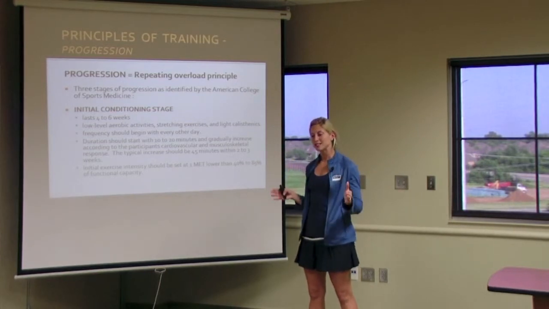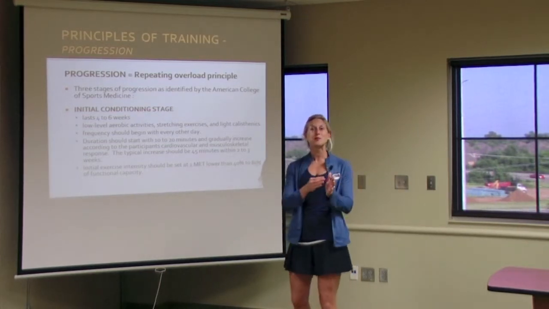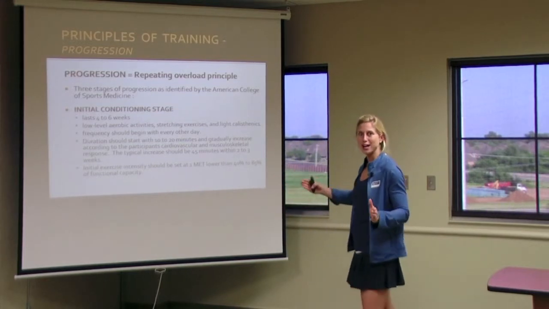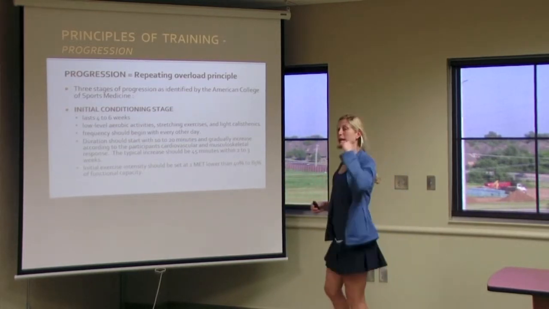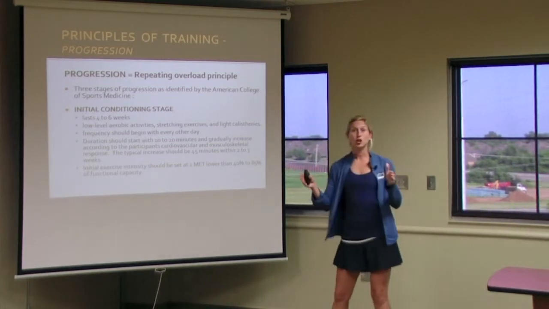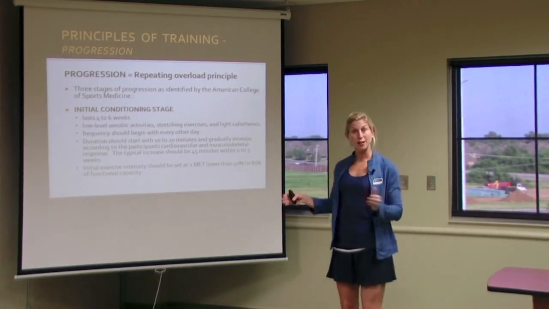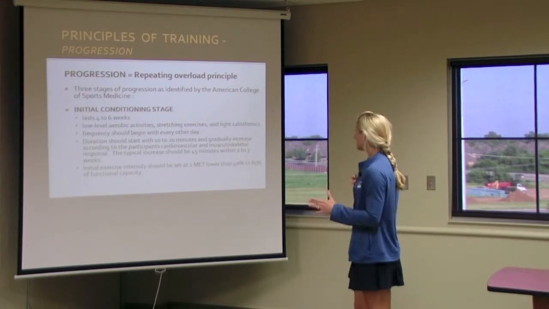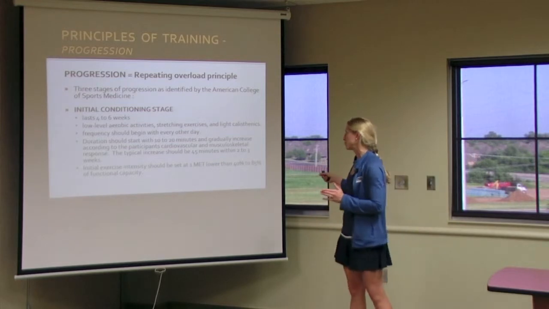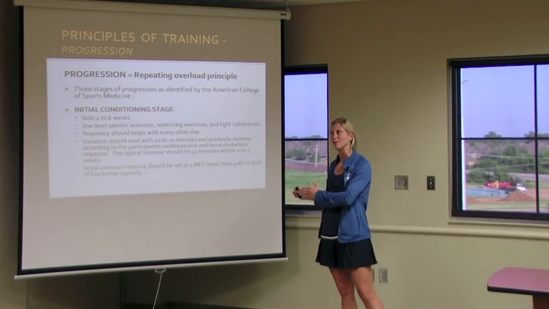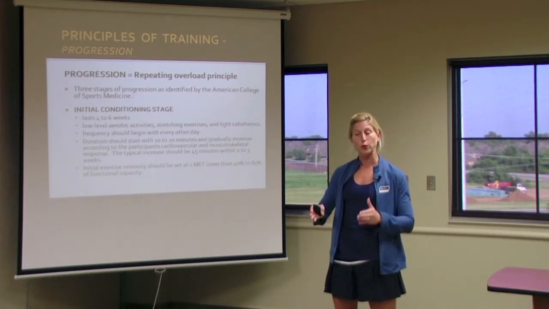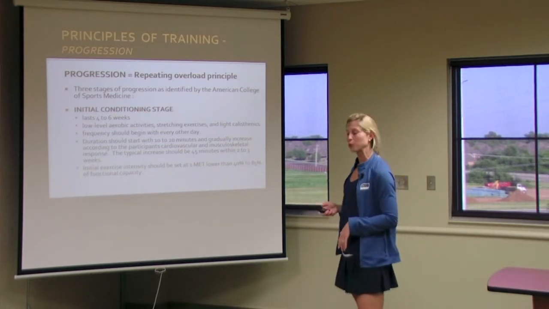Remember, the less in shape someone is, the more improvement they have to make, so their rate will seem faster than someone that is already at a higher level. And in terms of the intensity that you're looking at in this initial stage, can be anywhere from 40 to 85%. 85% more towards the end of this stage, but start with around 40%, and give them something to improve upon.